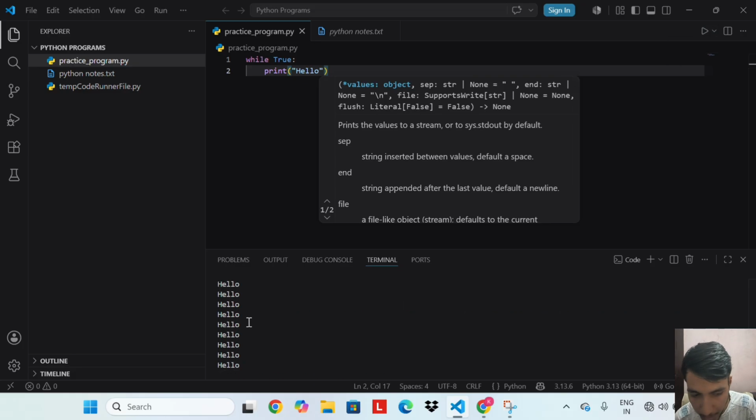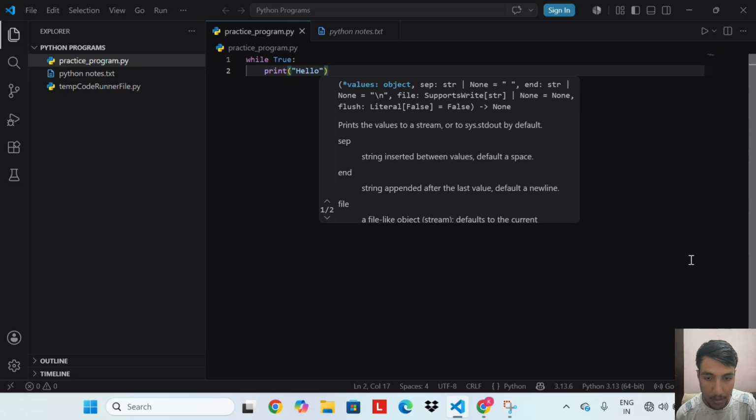This loop is an infinite loop. Here the output is infinite. The condition is just True, which never changes and never becomes false. So this loop will keep printing hello forever until you forcefully stop the program.